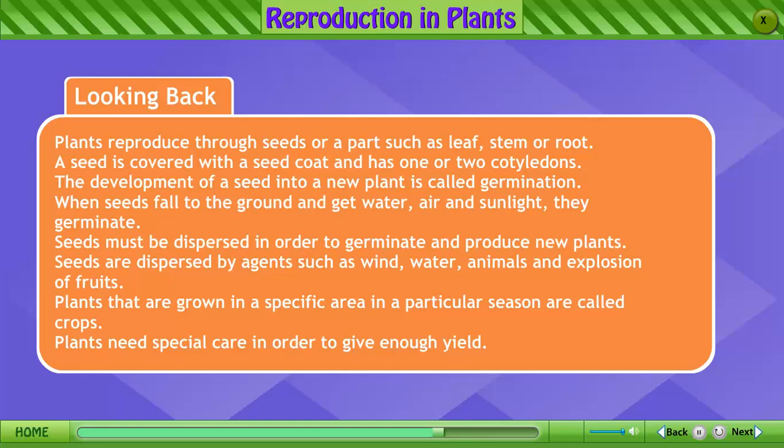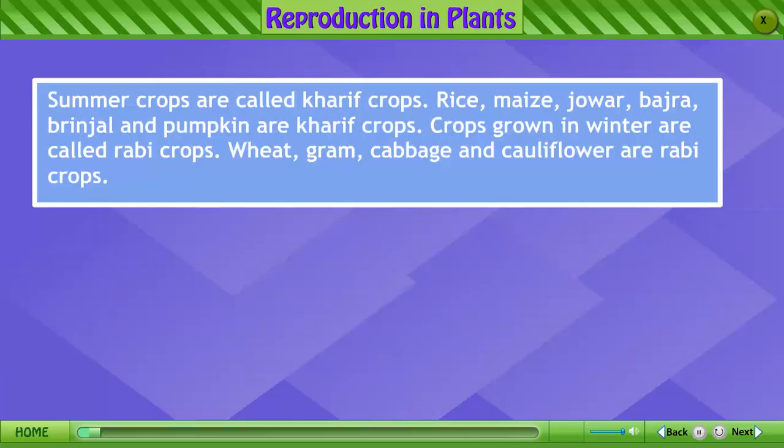When seeds fall to the ground and get water, air and sunlight, they germinate. Seeds must be dispersed in order to germinate and produce new plants. Seeds are dispersed by agents such as wind, water, animals and explosions of fruits. Plants that are grown in a specific area in a particular season are called crops. Plants need special care in order to give enough yield. Summer crops are called